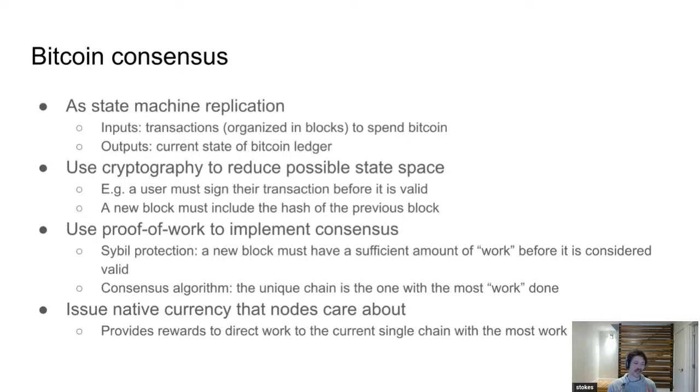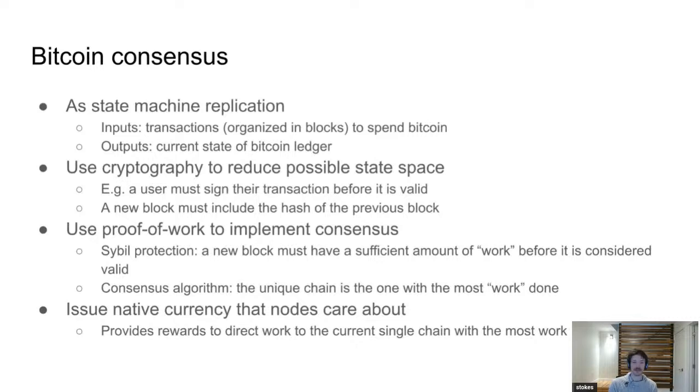it greatly reduces how complex this protocol can be, this algorithm you have to compute, if you can restrict how many options you can have, right? And again, cryptography here is very useful for this. In particular, you don't have to trust some other third party to tell you these things, because you can just run the cryptography locally and get to the same facts yourself. So again, we're reducing trust in the system. Then you use proof of work to implement the consensus here.